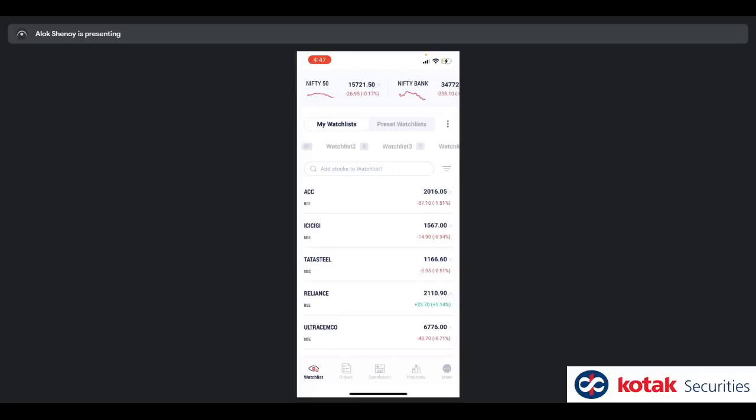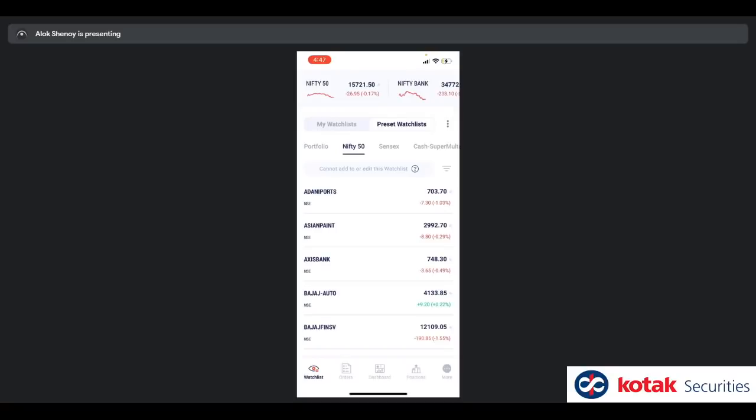Sure. So this is watch list for you. This is the my watch list section. Now talking a bit about preset watch lists. Mr. Narayan is asking about it. So preset watch lists are watch lists provided by Kotak to you. They are the ones which are coming from the system. So the ones which you can see here, for example, you have the portfolio watch list, which is your investments, your holdings, right? You can look at Nifty 50, an index watch list.